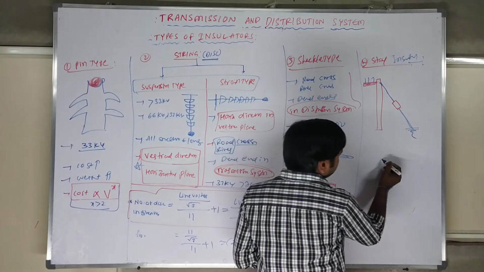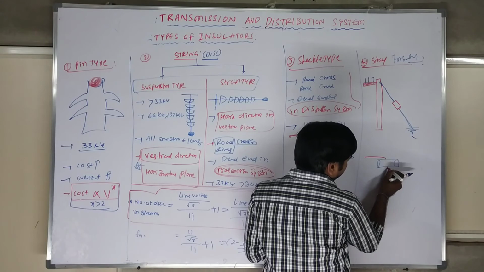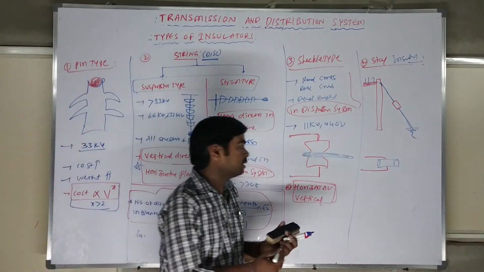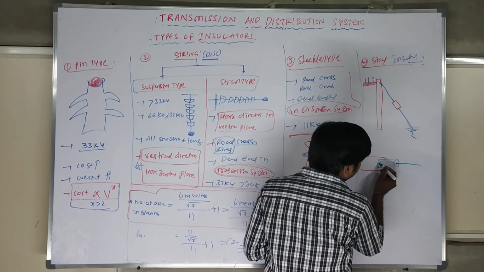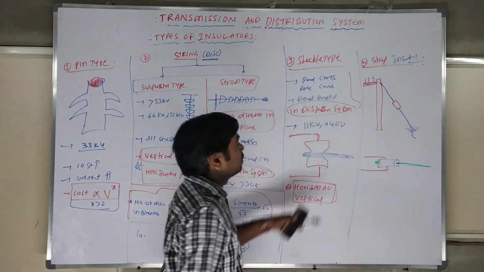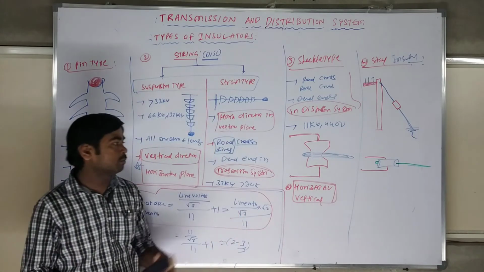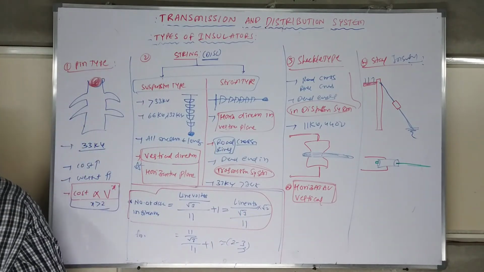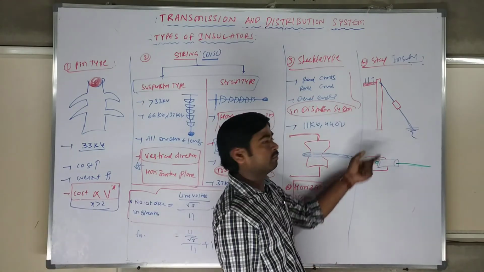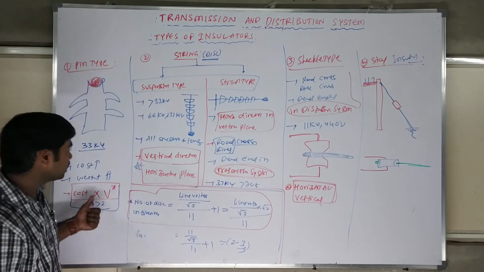This is called the stay wire insulator. It separates the two parts, isolating them from each other. We use this in distribution systems to protect human beings. Unfortunately, if you touch the stay wire, you are not supposed to get shocked. That is what provides clearance for ordinary people. I hope you are understanding it.